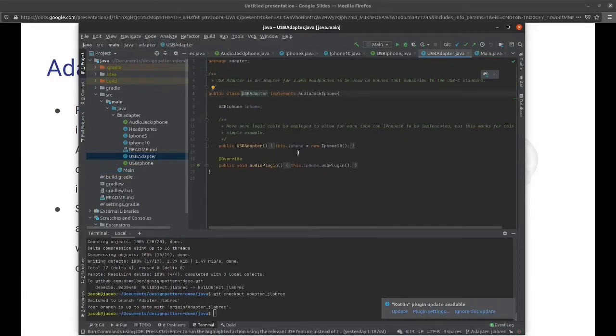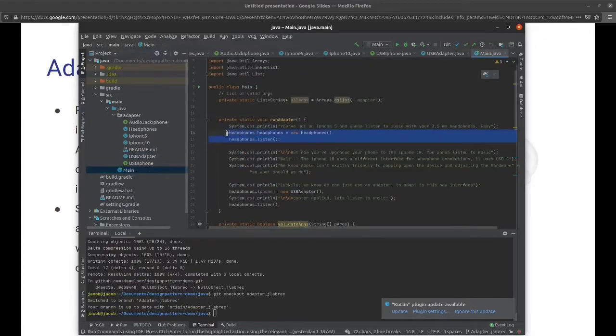So you could theoretically pass in the class you want to wrap. In this case, I've just got the one class I'm wrapping, so I do have a default constructor which sets this iPhone equal to an iPhone X. But if we go back to main, we start off with our iPhone 5, we're listening to music, and then we decide to upgrade to the iPhone X, and so we make the headphones' iPhone be the USB adapter, which is then wrapping the iPhone X, and we can call